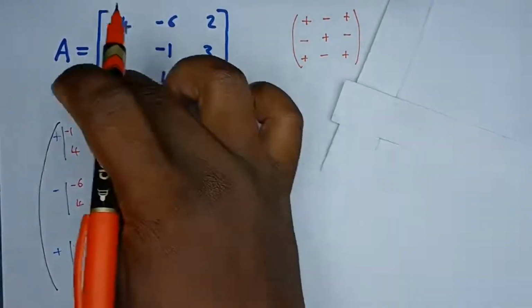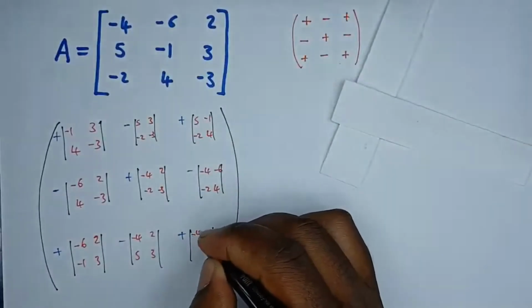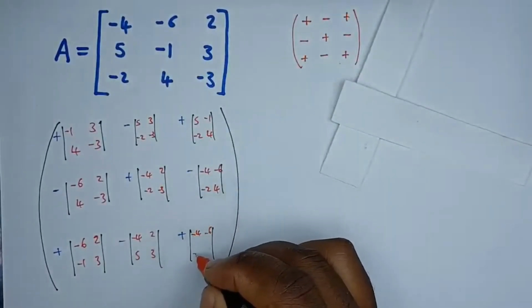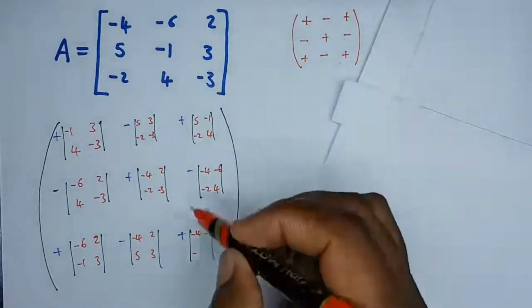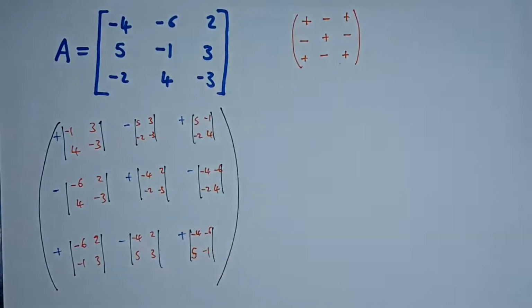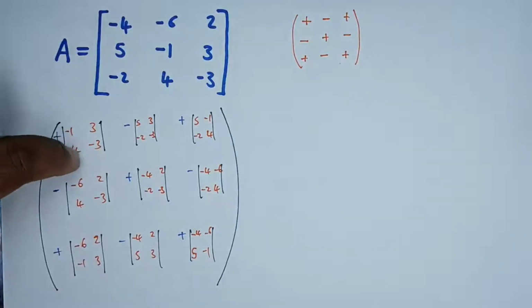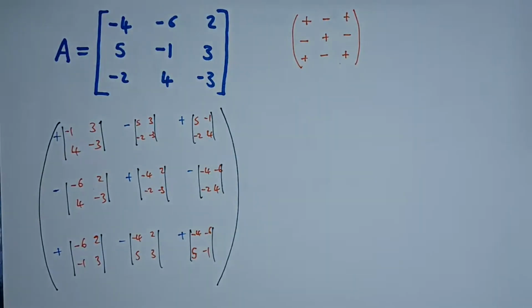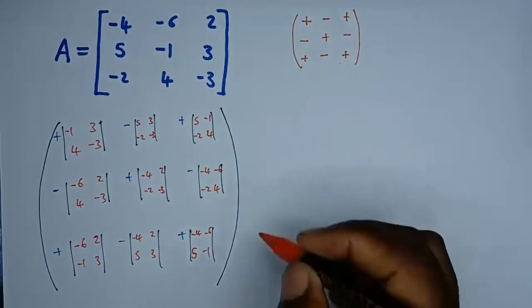At this position, it's this and this, leaving us with -4, -6, and not really -2, but 5 and -1. Okay. So now with these values, we can create the cofactors now. We're going to find the determinants at every position. So of course the determinant is by multiplying this minus that, then that will be giving us the determinant of each of these 2 by 2 matrices. Okay, so let's create